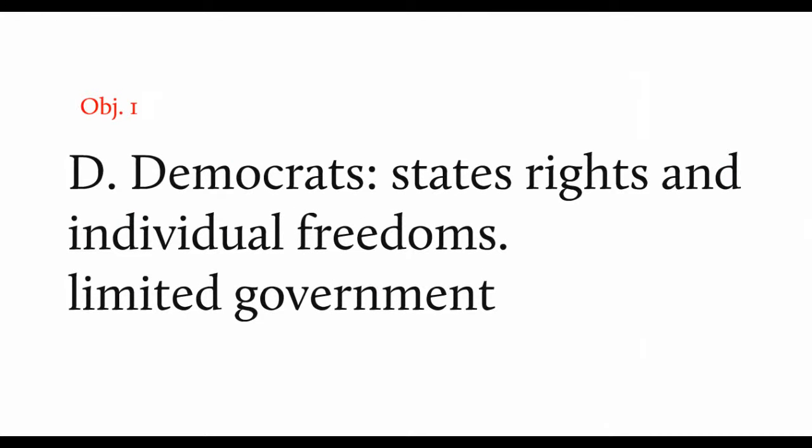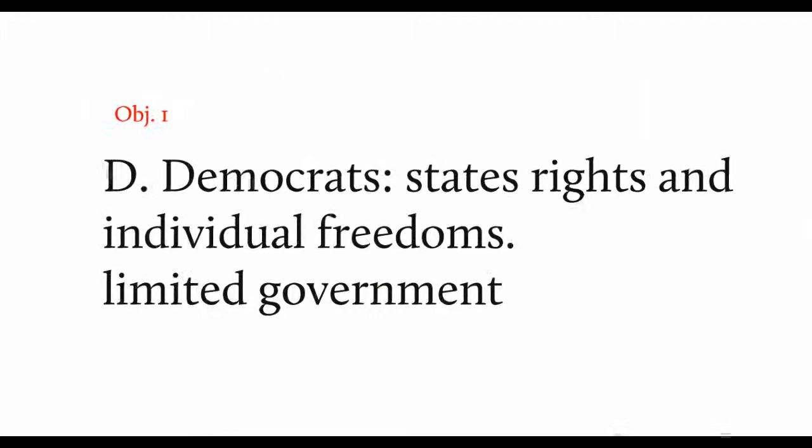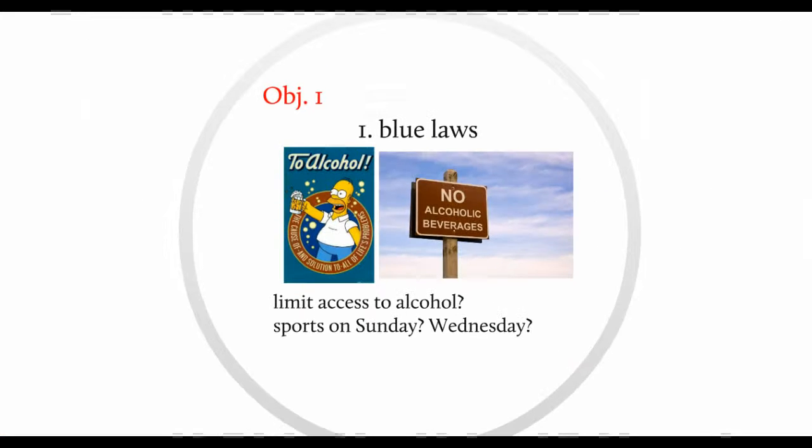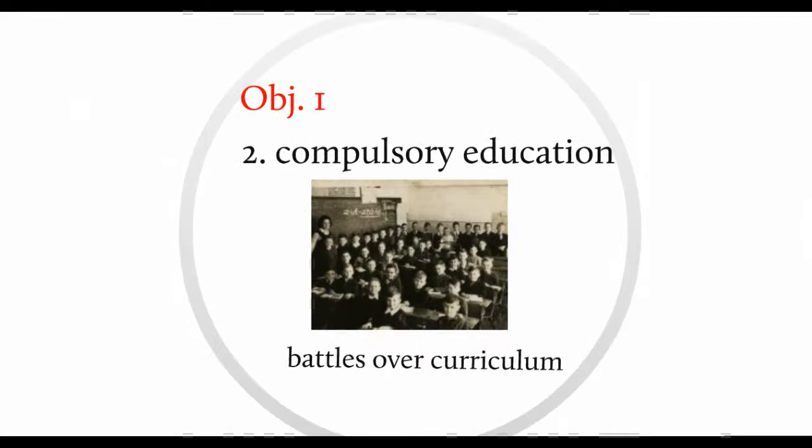Let's look at the Democrats. The Democrats believe in states' rights and individual freedoms. So if you go back to blue laws, states' rights and individual freedoms would dictate that they just let the state decide the laws for alcohol, and they would encourage individual freedom. So if an individual wants to have alcohol, then the individual has alcohol. State rights and individual freedom on compulsory education, it's not the federal government's decision, it's the state's decision to decide